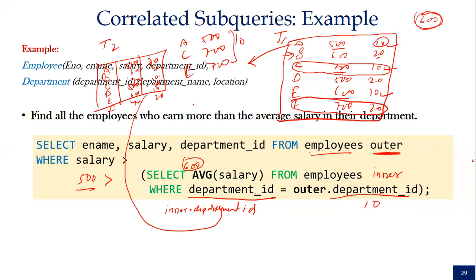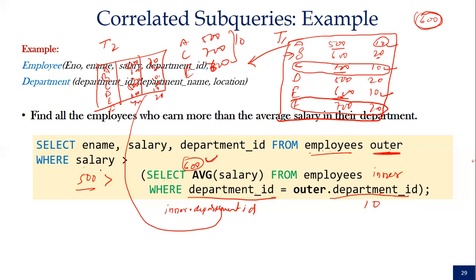Based on these rows the average will be computed. What will be the average? 600. So the inner query will return 600. Yes, sir.